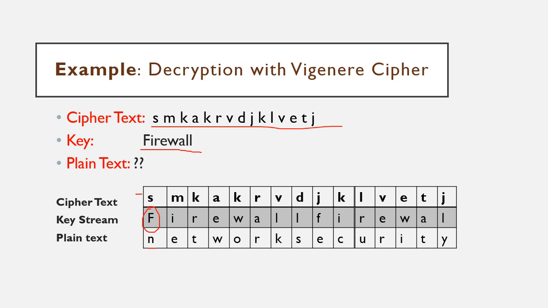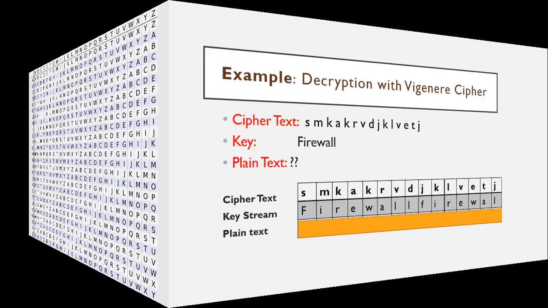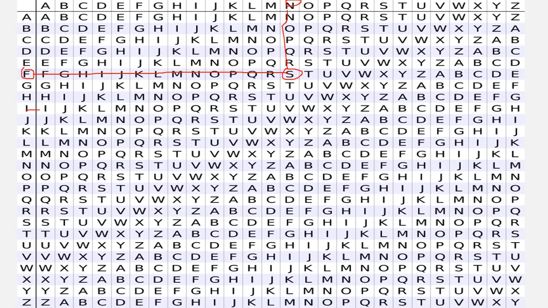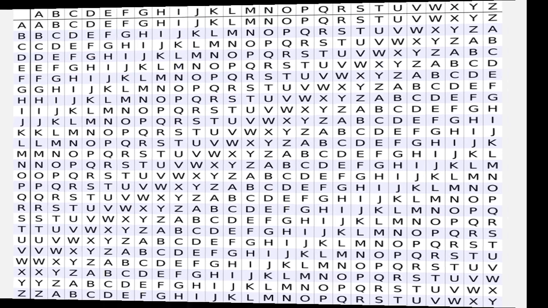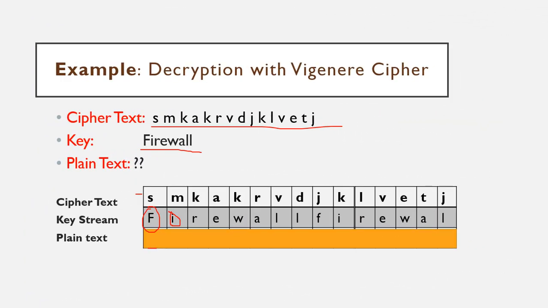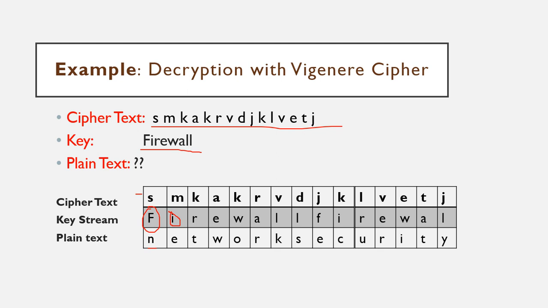Again, for the second, we look for the key stream character i, and we will search in that associated row where m occurs. Here is the i, and let's check where is the m. Here is the m. Okay, then look at the top. What is the character here? It's e. So there should be e and e, two characters are correct.